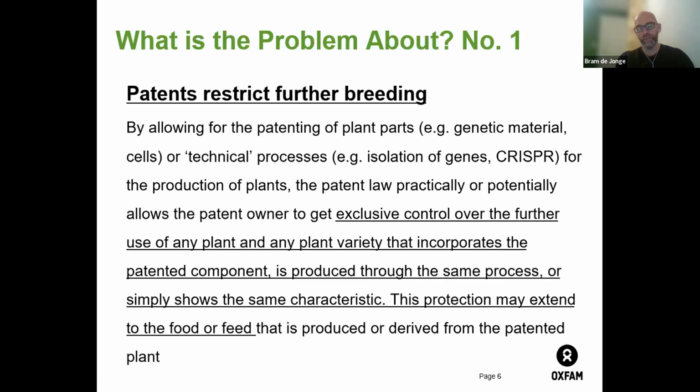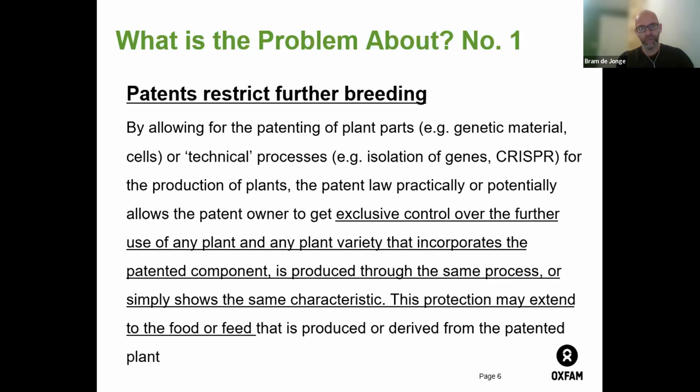I would say that for Oxfam, this is the basic reason why we are troubled by the steady increase in the number of patents on plants. We fear that with the introduction of gene editing technologies, this number will increase further, even exponentially, and that it will also be much more difficult to see which plants are gene edited and which are not. So the scope of patent protection will become totally unclear,